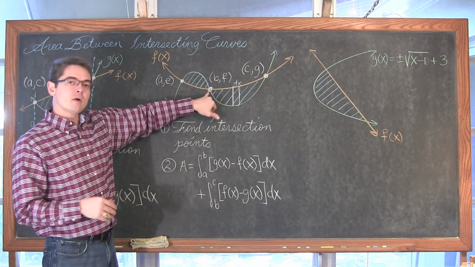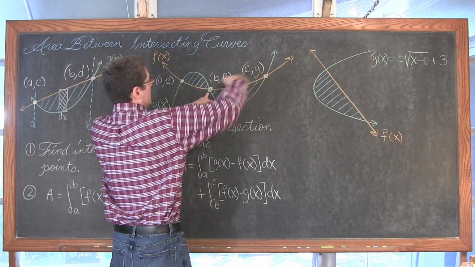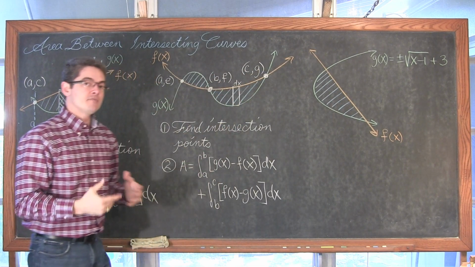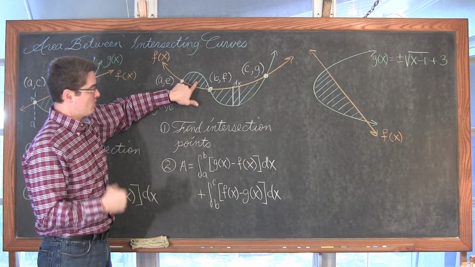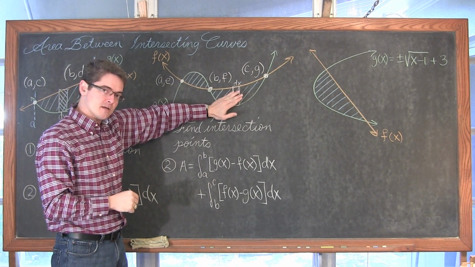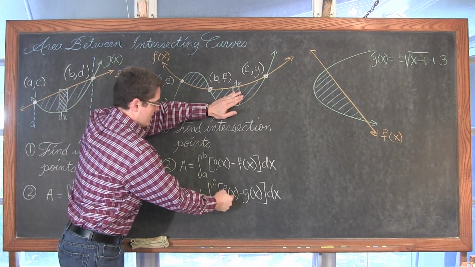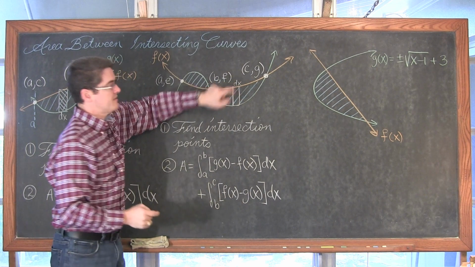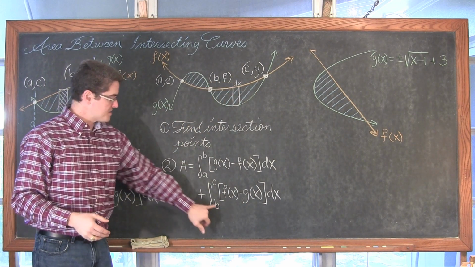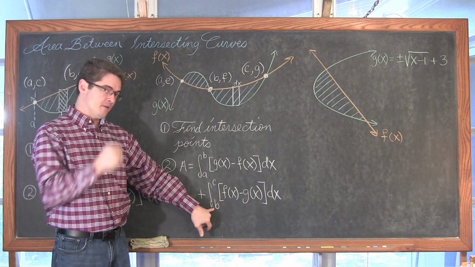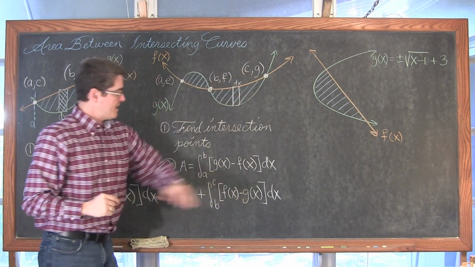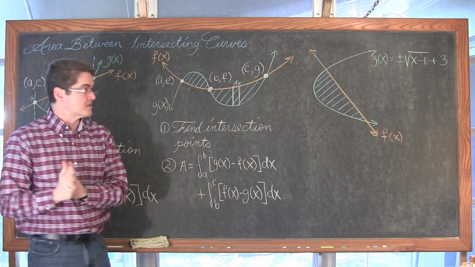But after we get to the right of this intersection point, the function f of x now becomes greater than function g of x. So we're going to have to find this area where it's g of x minus f of x, find the area bound between these intersecting curves, which is going to be f of x minus g of x, since function f is greater, and that will be the area of the first region plus the area found by doing the definite integral from b to c of f of x minus g of x dx.